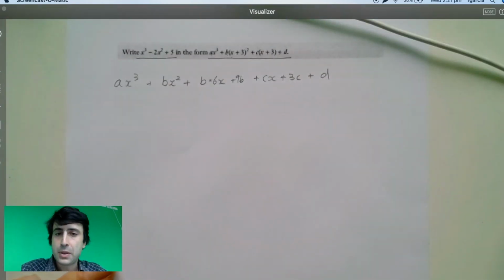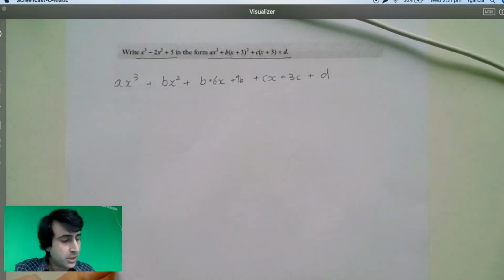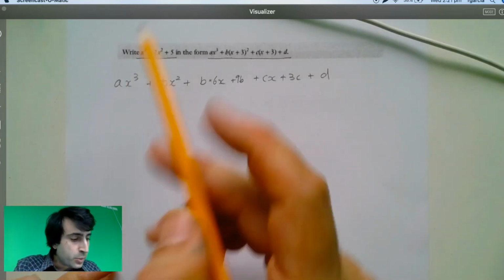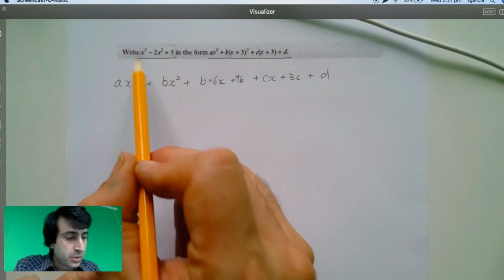Now, this is the bit that I think takes a while to get used to, because what we can do is break up this polynomial into the terms